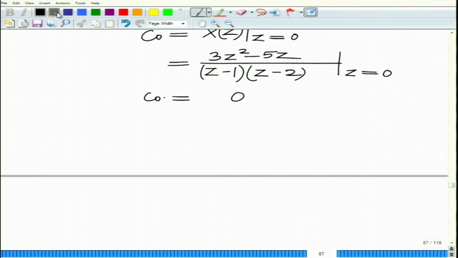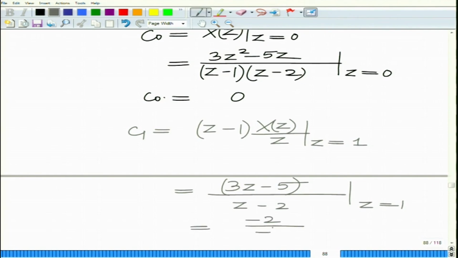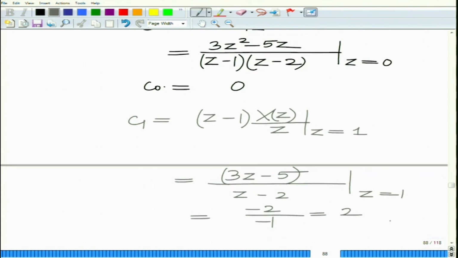Now, what about C1? Now, C1, remember C1 is (z minus 1) into X(z) over z evaluated at z equal to 1, that is basically (3z minus 5) divided by (z minus 2) evaluated at z equal to 1. So, this is 3z minus 5 at z equal to 1, this is minus 2, divided by z minus 2 which is minus 1. So, minus 2 divided by minus 1 is 2. So, C1 equals 2,